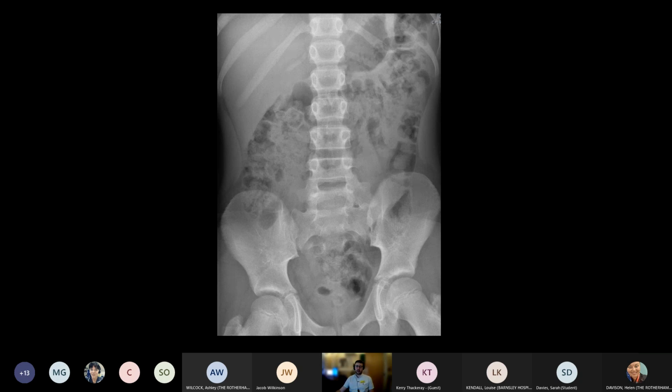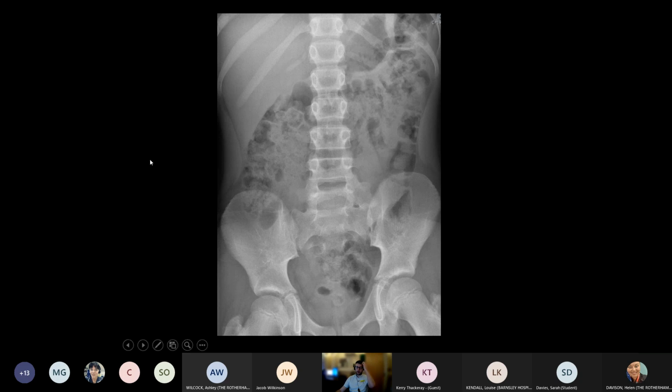You'd obviously see that in patients with constipation, and there is a bit here of moderate excessive loading, but not too much. And the key is you can see gas all the way down to the rectum, and the bowel isn't overly dilated, and we'll go into bowel obstructions in a bit. Just an incidental note, we've got what we call sacralization of L5. So part of this fifth lumbar vertebra is fused with the sacrum,